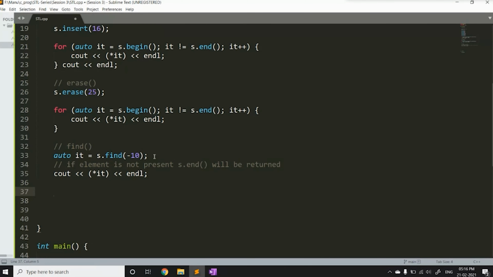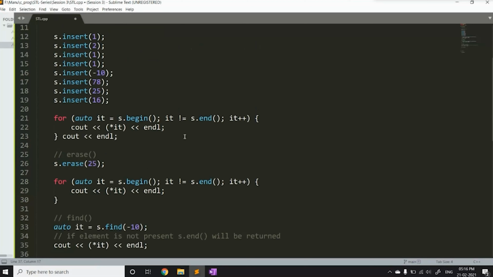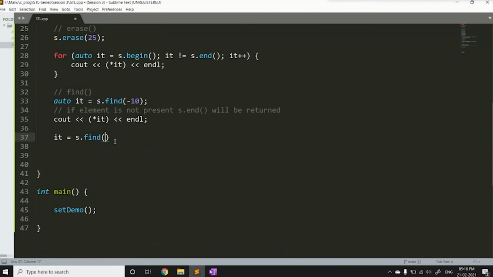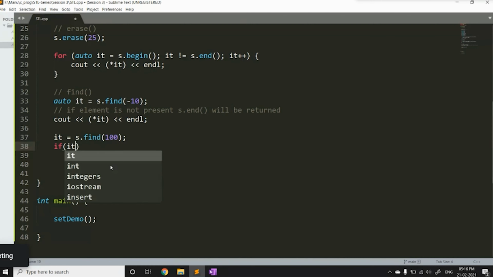So say it is equal to s dot find, of any number which is not present in this set. Say 100. 100 is not present in this set, so I will search for 100, but this should return me an iterator which points to the end of the set. So I will first check whether it is not equal to s dot end.